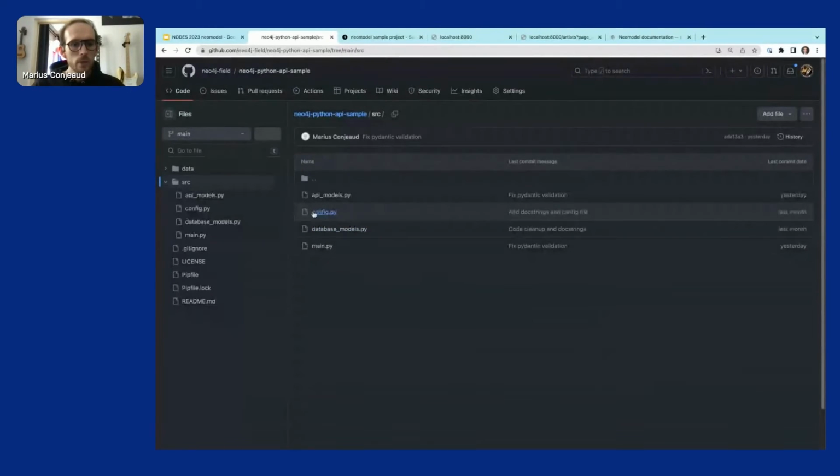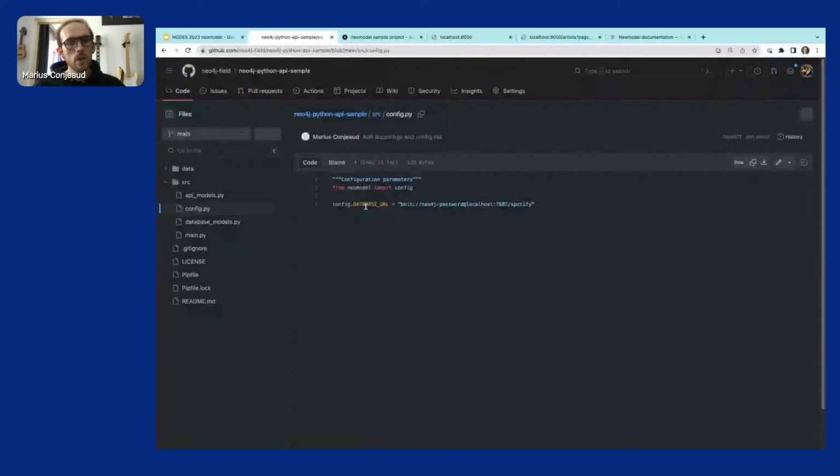But before we go into that, the first thing you always have to do when you want to use Neomodel is set some configuration. That's the simplest level and the absolute minimum that you need: provide a database URL. You provide a protocol, of course, a username, password, hostname, port, and potentially the name of a specific database in your Neo4j server. And once you have this, then in your main file in Python,